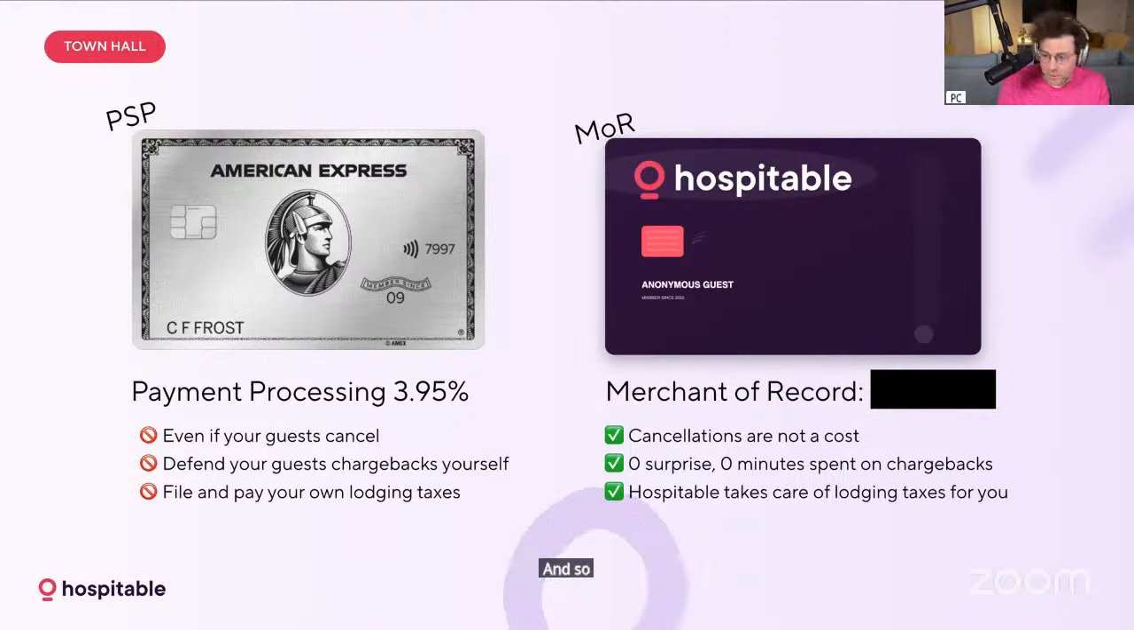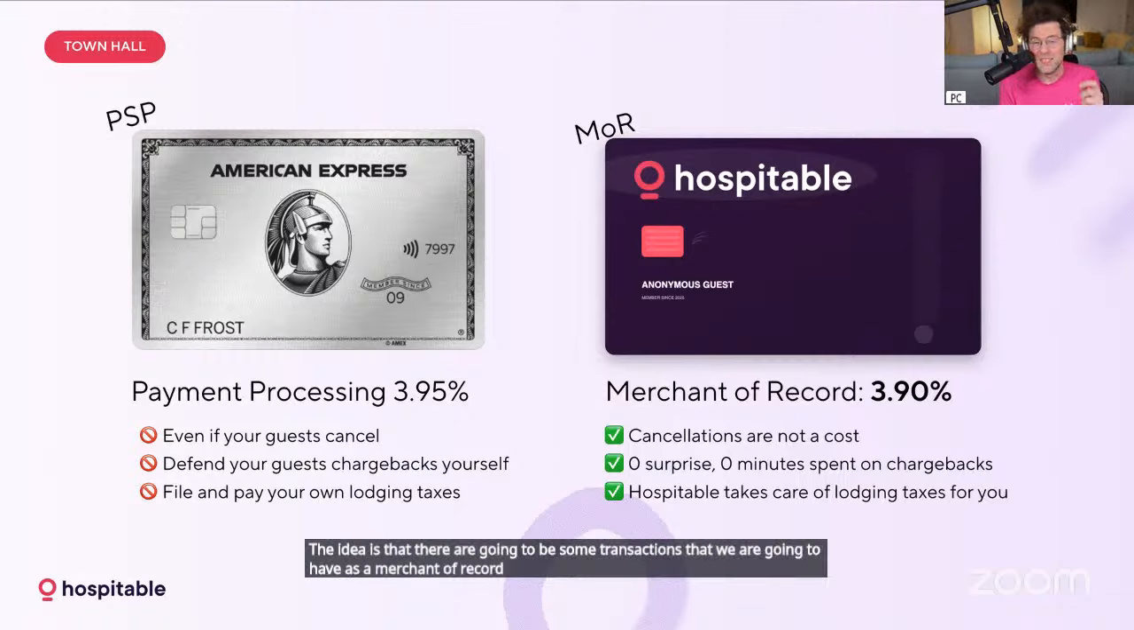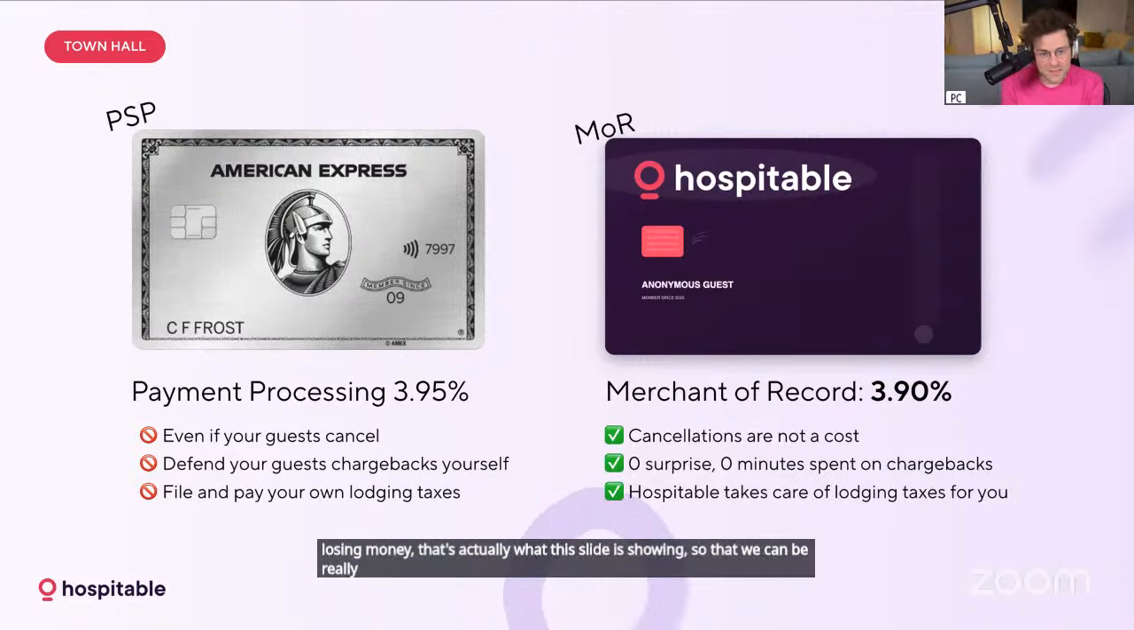And so what are we doing that for? There were a lot of questions. We're doing this for 3.90%, which, for the next slide, Petra. The idea is that there are going to be some transactions that we are going to have as a merchant of record where we may be losing money. That's actually what this slide is showing, so that we can be really competitive to facilitate the migration from Vrbo